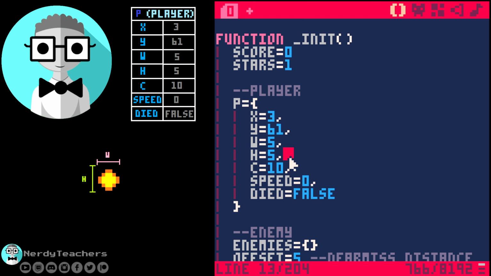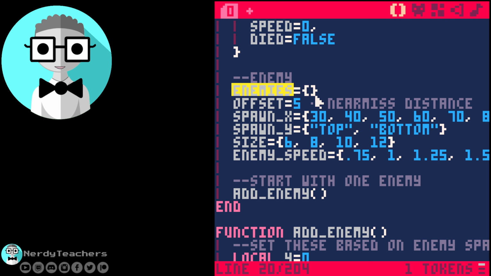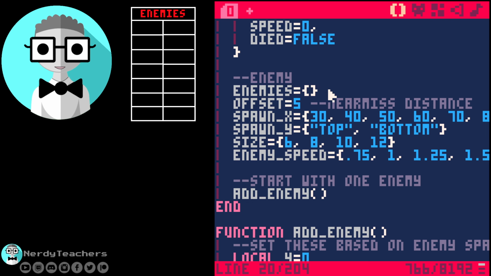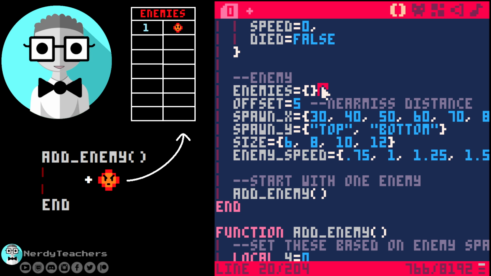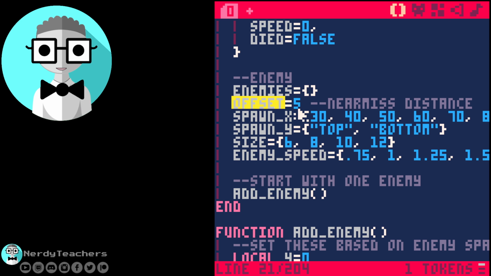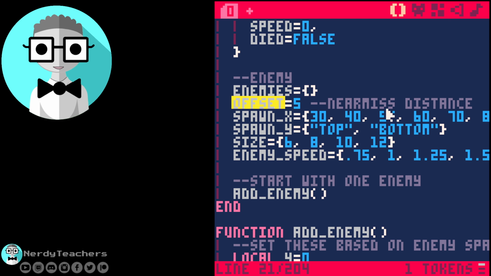We name a variable enemies and set it with the empty braces or curly brackets to create an empty table that we will fill later using a custom function specifically for creating more enemies. And since we will want to create enemies over and over again, it makes sense to put that in its own function. Offset is for how many pixels away from the enemy that we want to count as being a